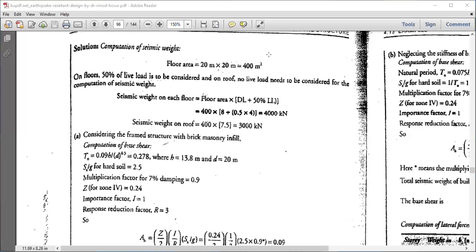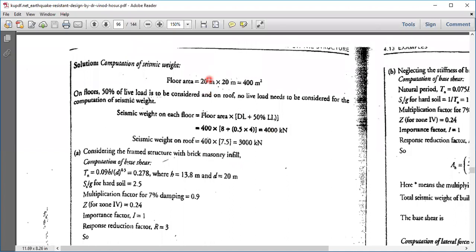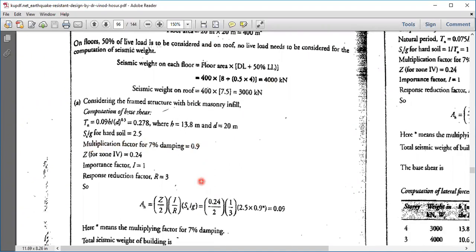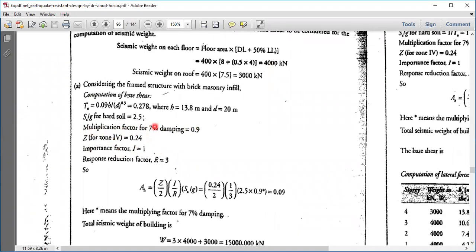In the previous code, the old code, there was a damping factor which had to be multiplied. In the new code, they are not considering anything for the damping, so you can currently ignore this factor for the damping, and with the other given data, you calculate the Ah value, that is the design seismic coefficient,